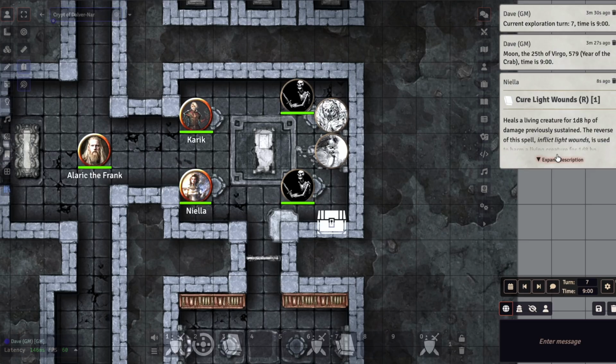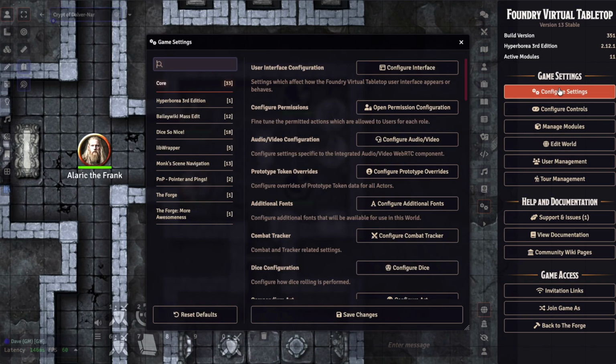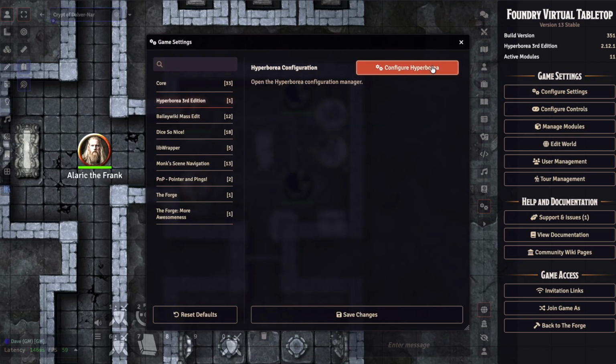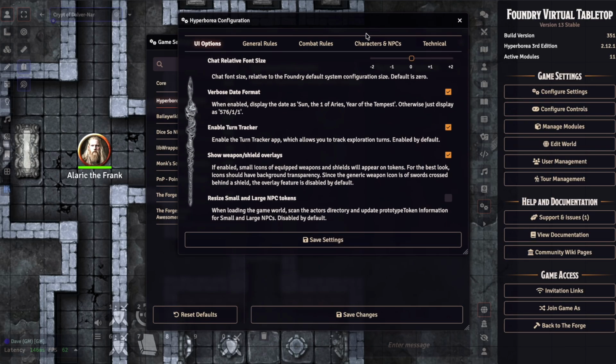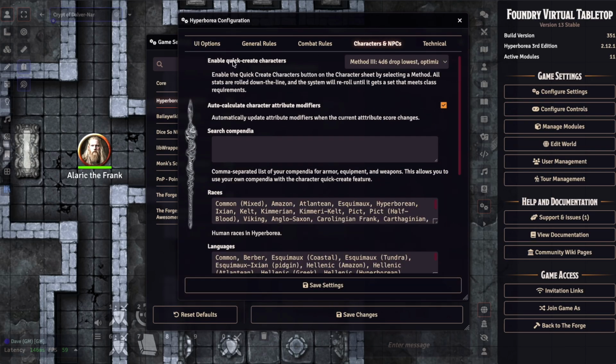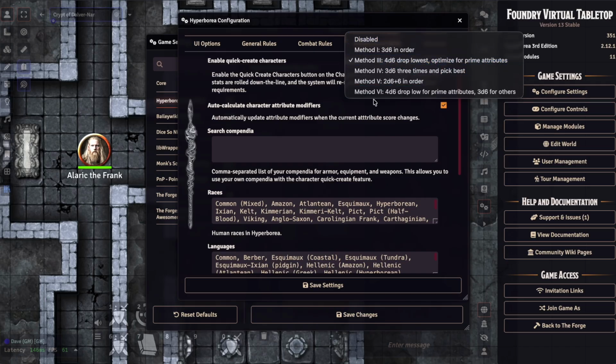So that was added. And then the last feature that was part of release 2.7 was for the quick character creation function to include new rolling methods. So originally, I believe it was methods like 1, 2, 3, something like that. But now, if you go into your settings, and we go into Hyperborea, and we look at the character and NPCs, the quick create feature here, here's your dice roll methods that are available to you now. So methods 1, 3, 4, 5, and 6. And I also did tweak the